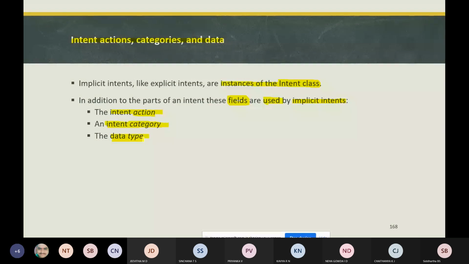Data type indicates the MIME type of data the activity should operate on. This is inferred from the URI in the intent data field, but it can also be explicitly defined by a method called setType. So these are the three fields required in the implicit intent, which we need to specify in